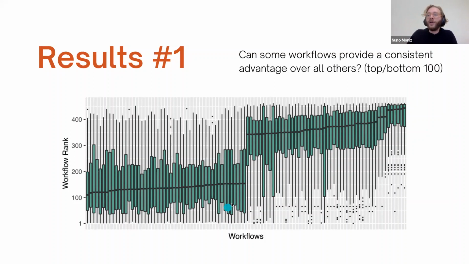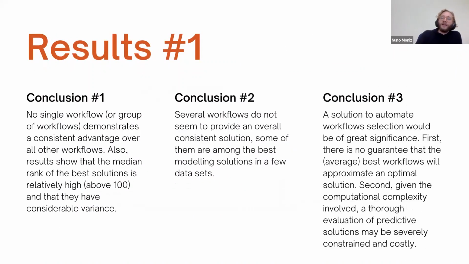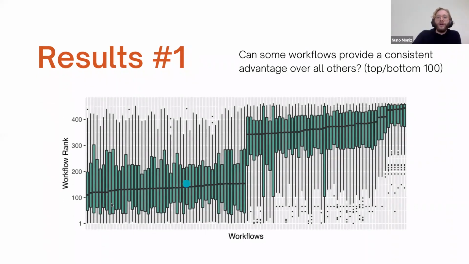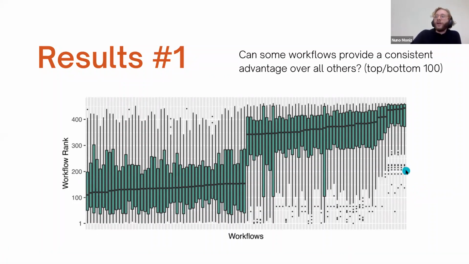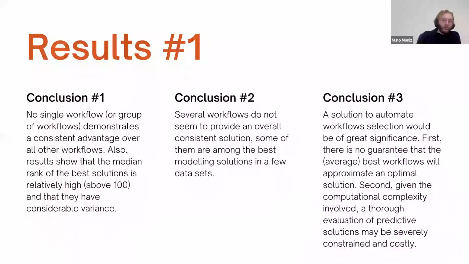This is the top 100 and the bottom 100. So the important thing here is that no single workflow has a consistent advantage over everyone else. For example, the best one has a rank over 100, okay? And you can see the variance that they have. So you can see, empirically, that no one solution is clearly a candidate for any data set that might